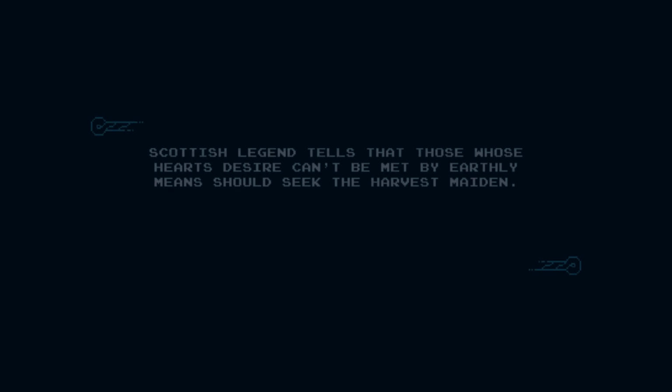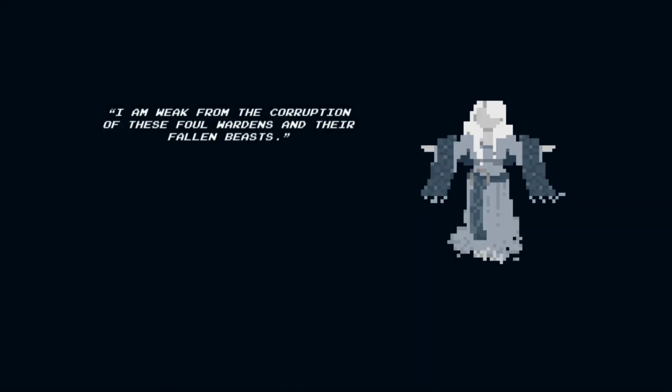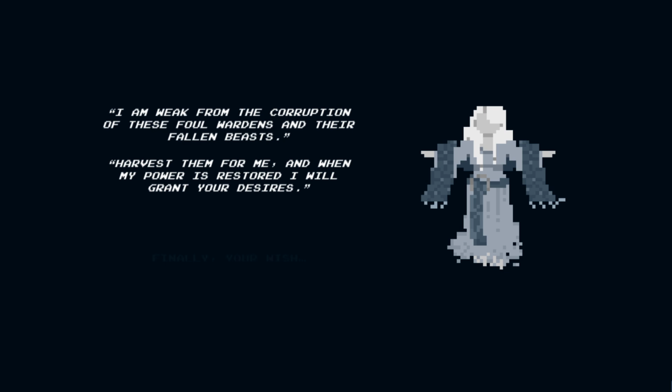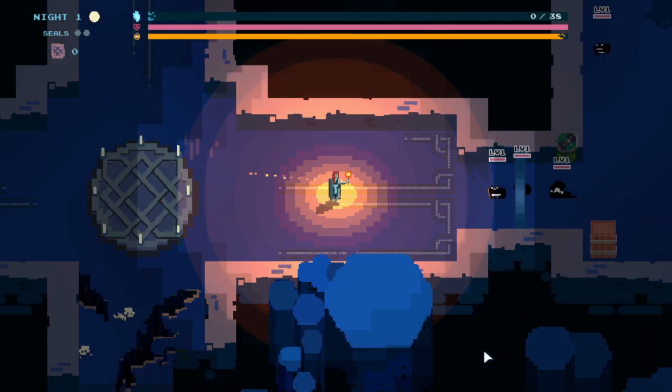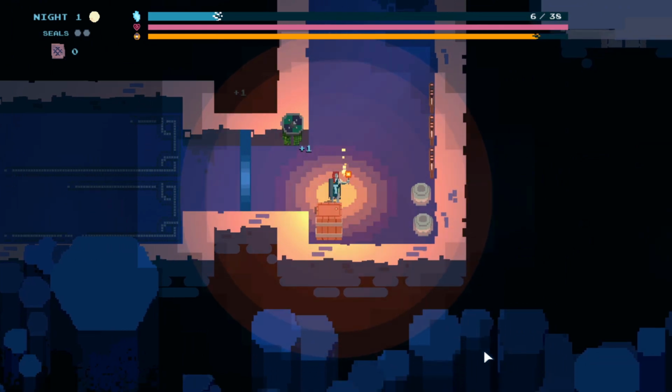The mythical Harvest Maiden is rumored to grant the desires of anyone who can find her. However, her power has been weakened by a group of Dark Wardens. She pleads for aid in ridding the world of these Dark Wardens, and she will be sure to repay anyone capable of the deed. From Ant Workshop Ltd and Wales Interactive comes Into the Restless Ruins, where players will take